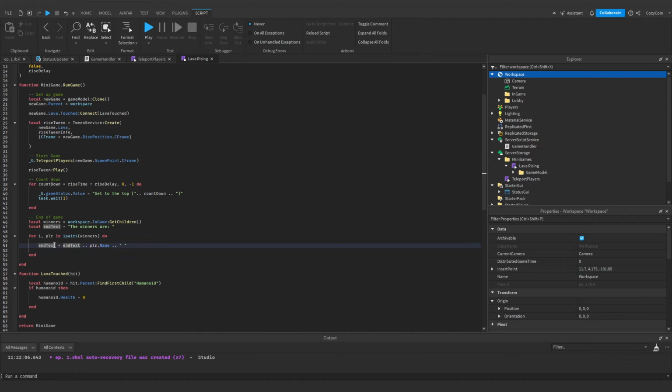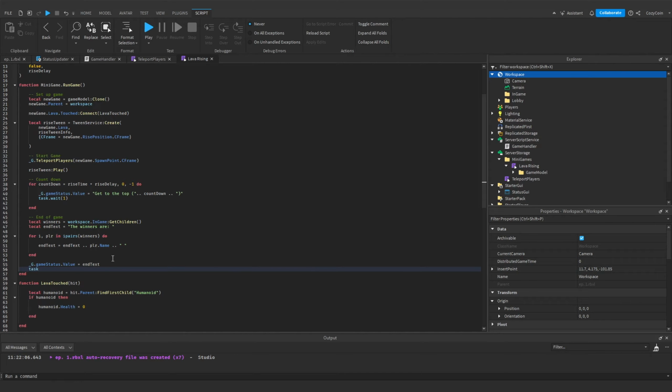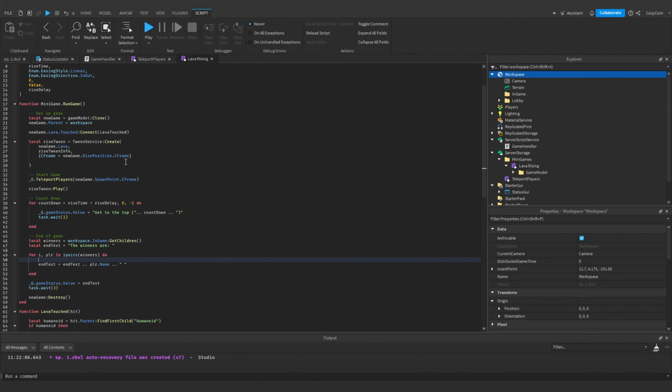So you can see that I changed the end text to itself, and then I also add the player name on to it, and I also add a space just so when there's multiple winners, they won't be crammed together. Now we can make the game status value equal to the text of all the winners. And I'm also just going to wait 3 seconds so we can see who all the winners were, and then destroy the game model. So this right here is our entire minigame, but now we need to actually implement it,